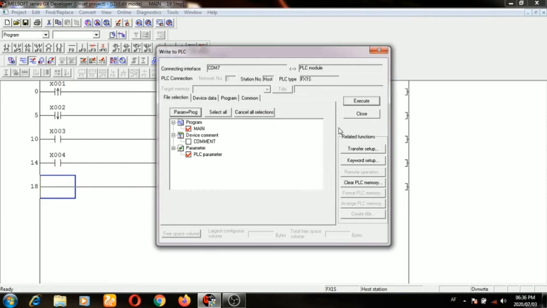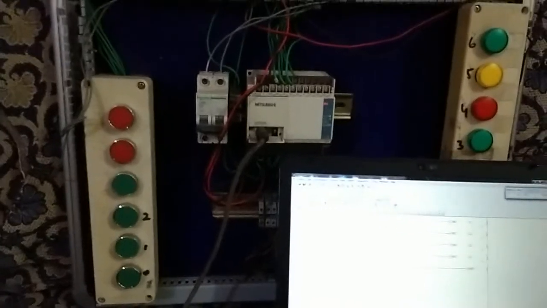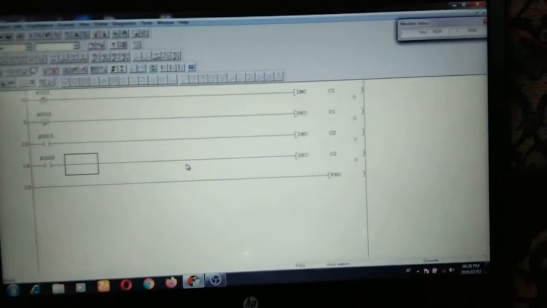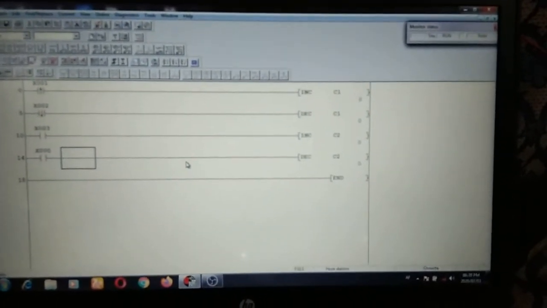Okay, let's check this program in the PLC. You can see the program here. This is our program with X1, X2, X3, X0.